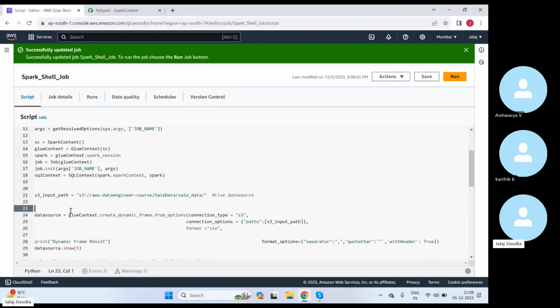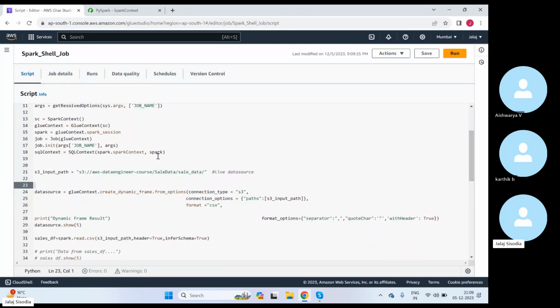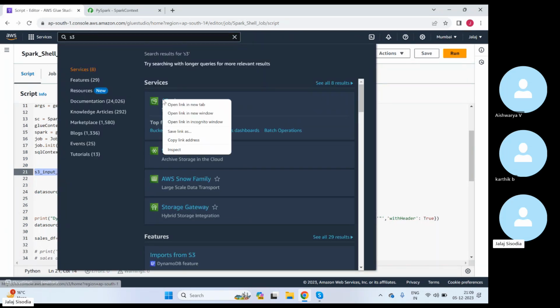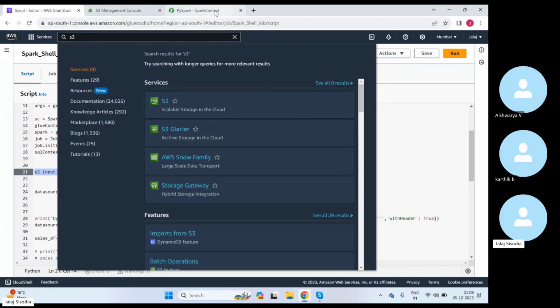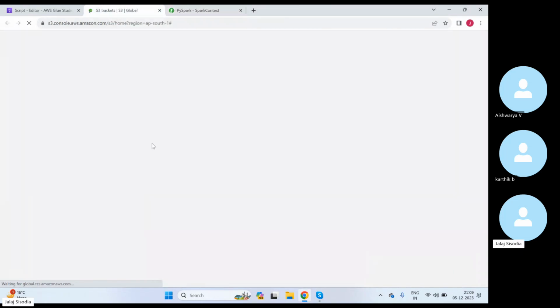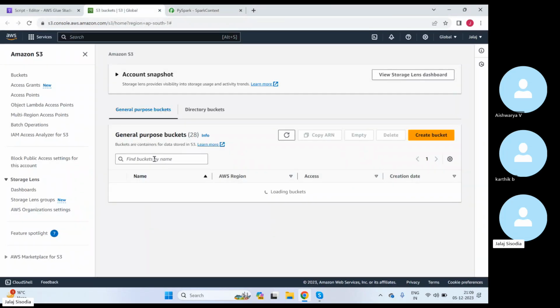Okay, then if you see, I am creating my script here. First of all, I'm creating a variable called input path. Here I'm mentioning the path to my files. So if you go on S3, inside that location that I have mentioned,